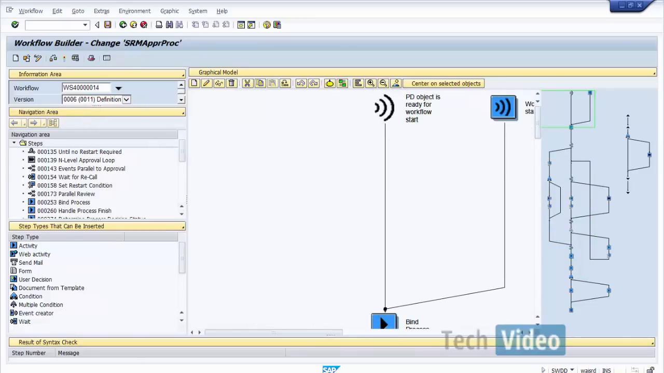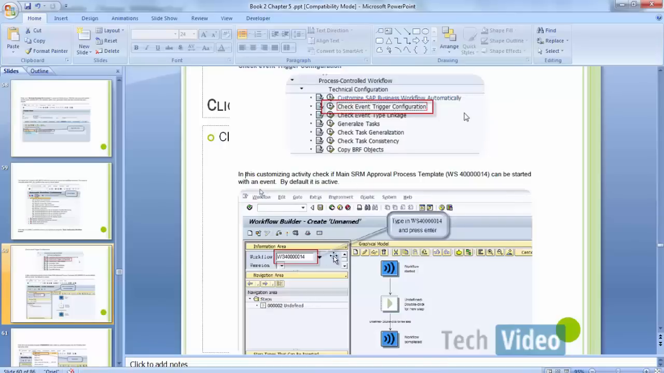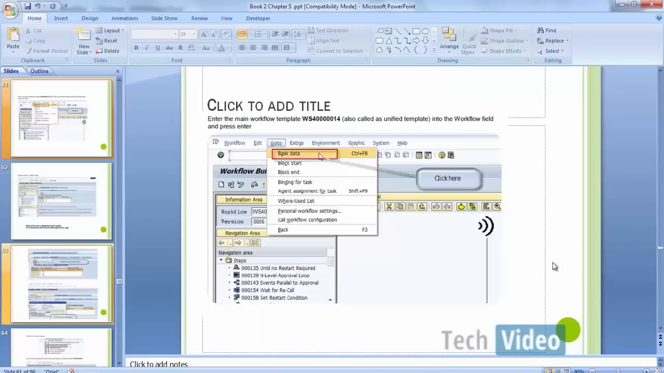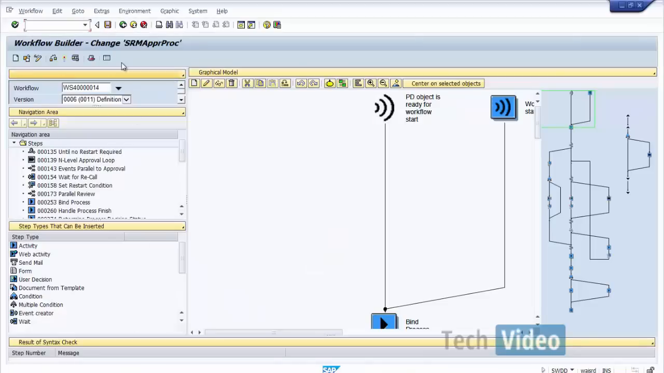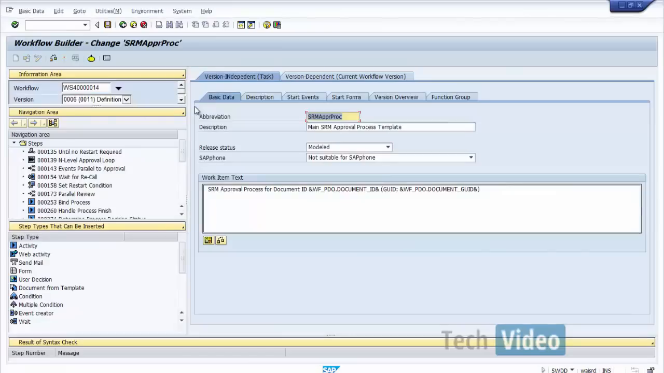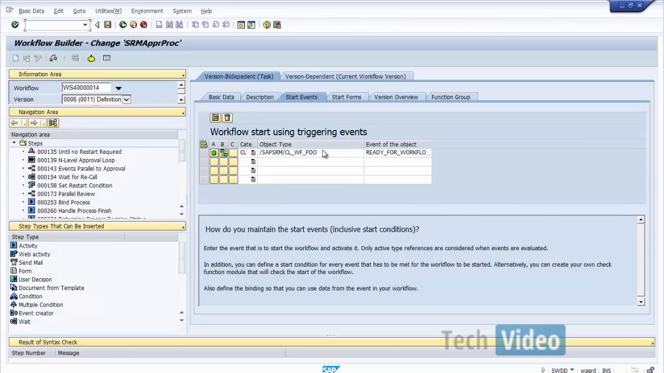So for that, let's go back to our PowerPoint and see how we check the same. We'll go to basic data, and check the active class in the start events. The class which is active is the SAP SRMCL WF PDO, which is the ready for workflow. You will have to check, select on the same and click on